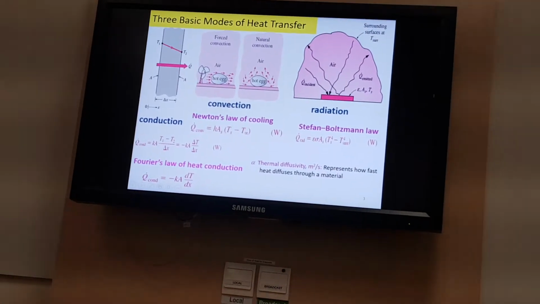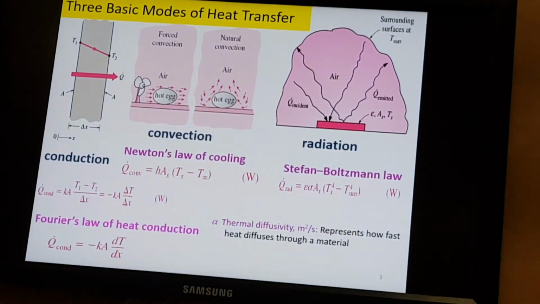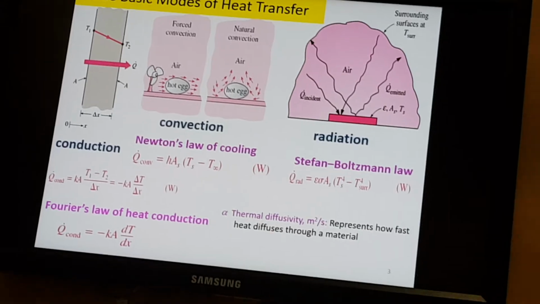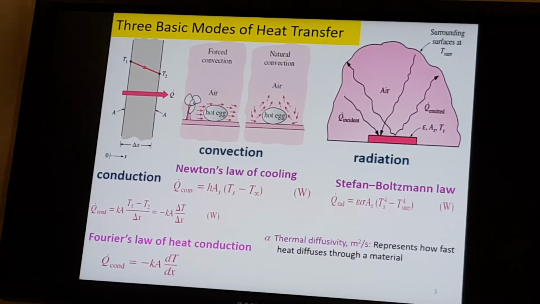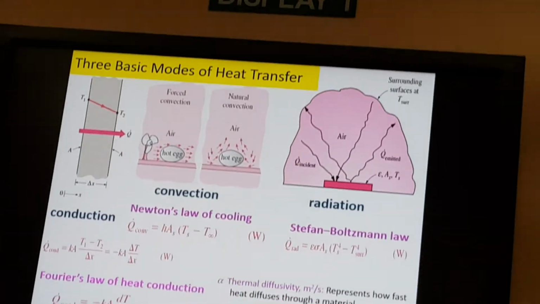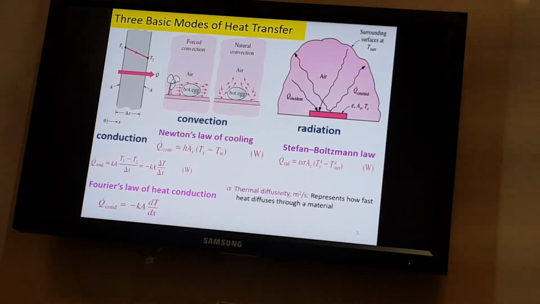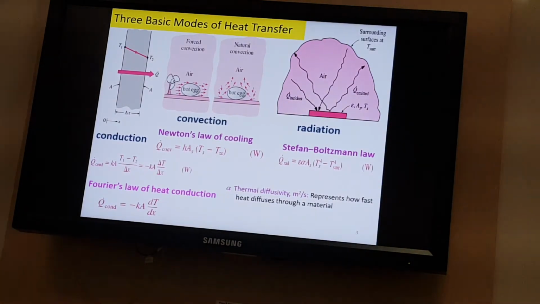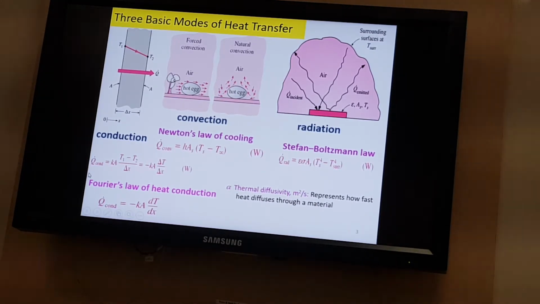Next question. There are three modes of heat transfer, right? Most likely we determine which type of heat transfer occurs depending on the medium, right? The medium is solid. Most likely the solid we deal with here is an opaque solid. There is no transmission of light through the material, right? So in a solid we only have conduction. The heat transfer was observed by Fourier,